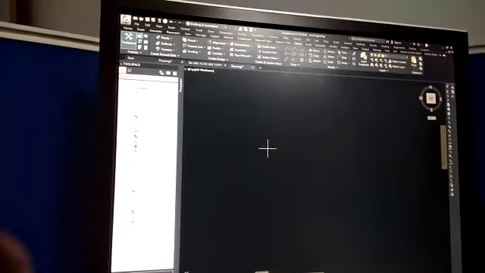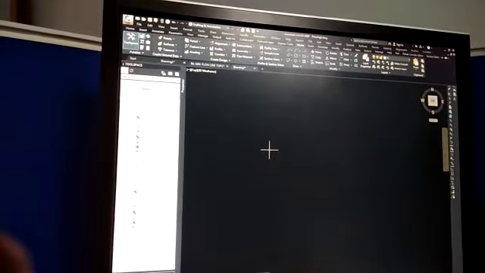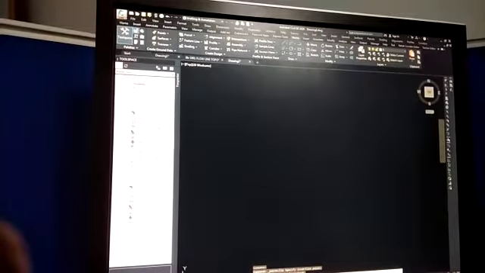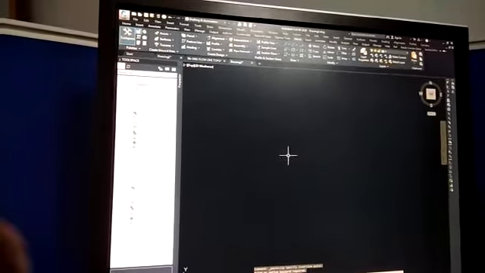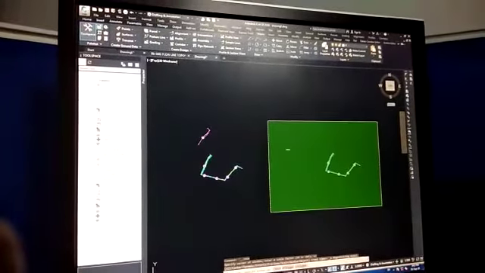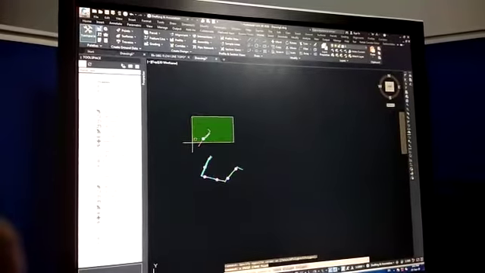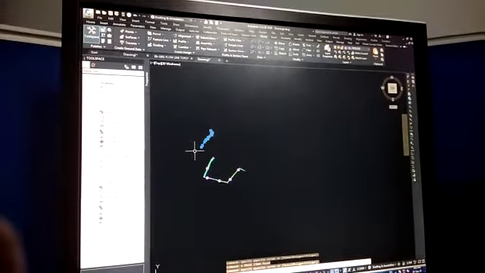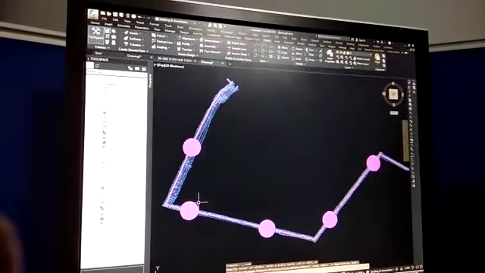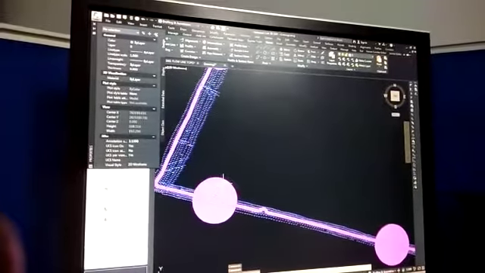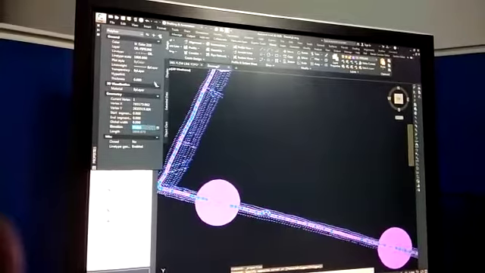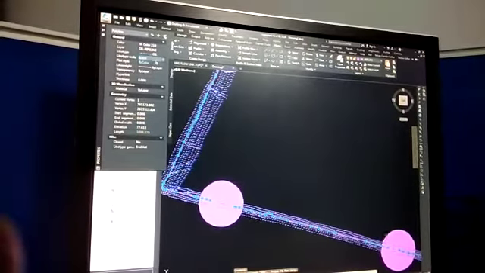0, 0, 0, enter. Now we are making our proposed line global width to 0 and line type scale to 0.